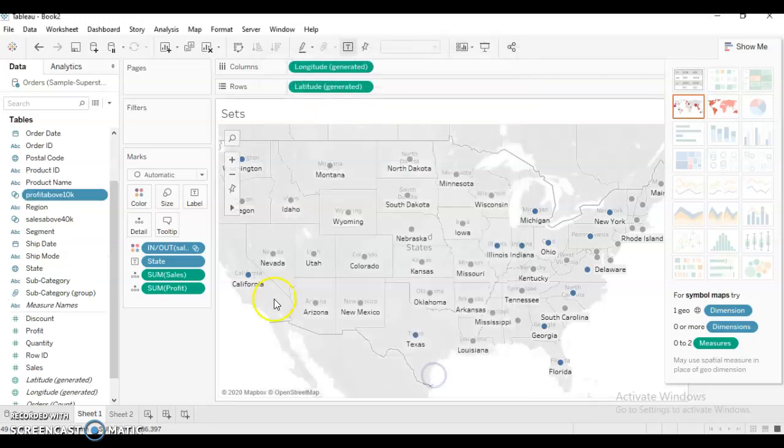I click OK. Then you can see the set named profit above 10k has been created.